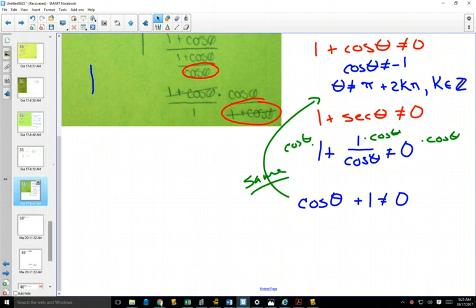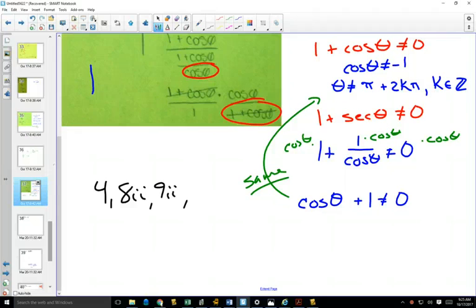Okay, the questions you can do for practice on this one are 4, 8II, 9II, and 11. But we are going to continue right now